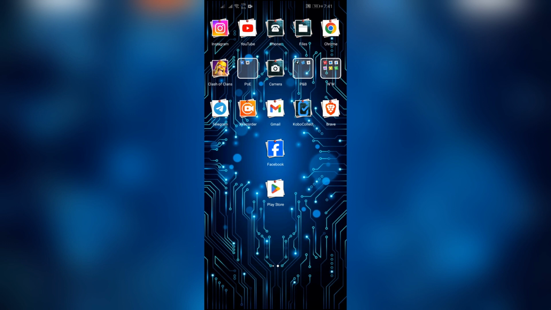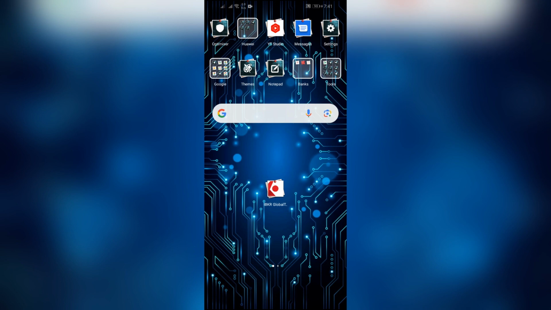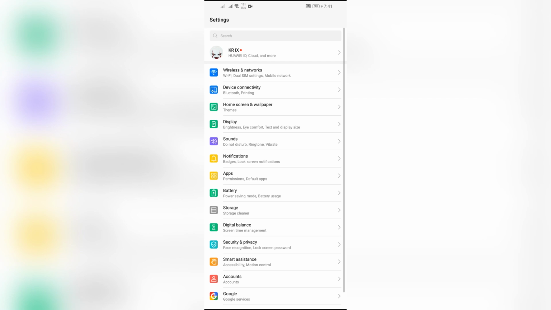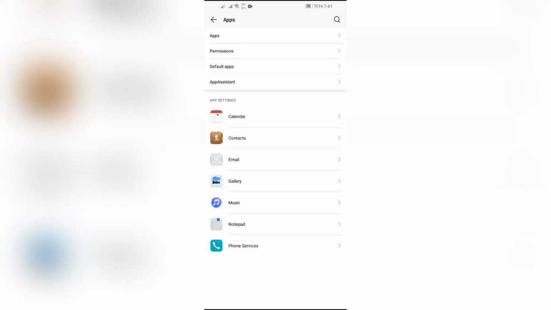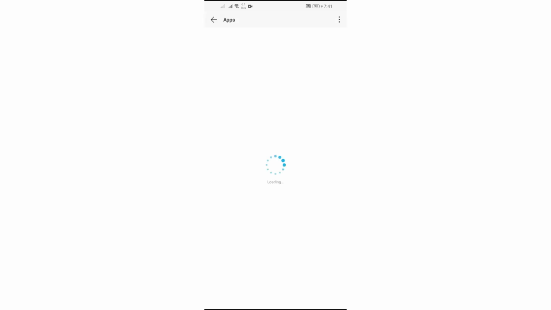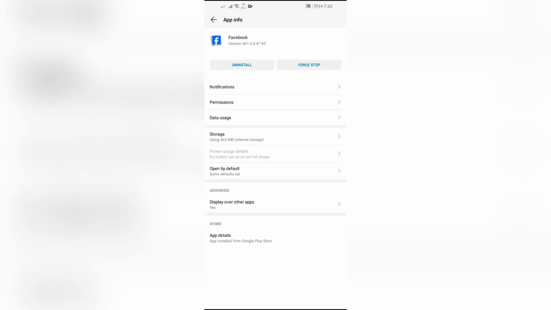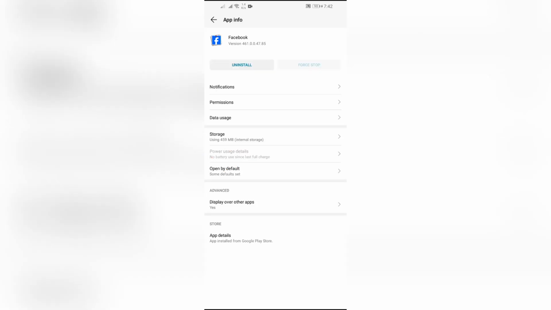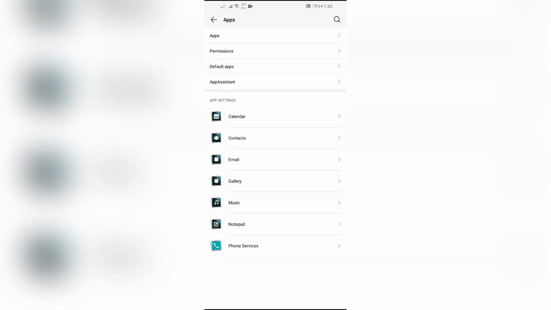But in the other case, there might be two reasons for this issue. The first one is your cluttered cache. In this case, if your account is showing the problem because of the cluttered cache, you just simply have to go into your settings and into the app settings, just simply select the Facebook in here. And after selecting the Facebook, first of all, force stop your Facebook application and go to storage section and clear your Facebook cache. And after clearing the Facebook cache, the problem might get solved, but if it still doesn't get solved,